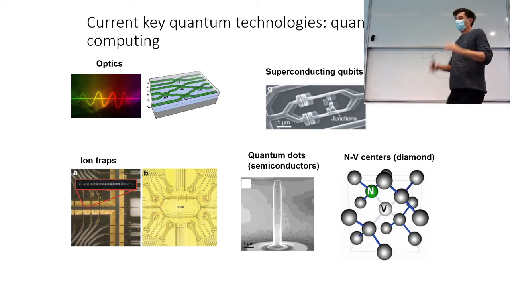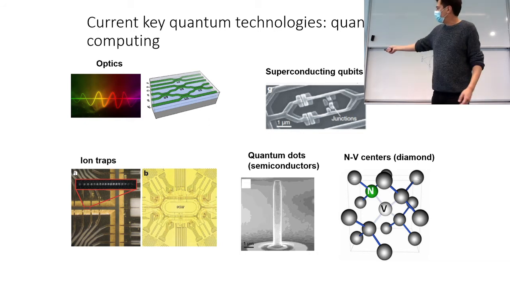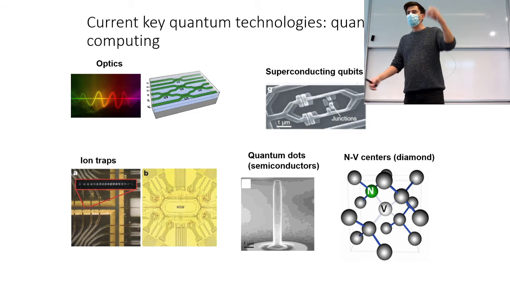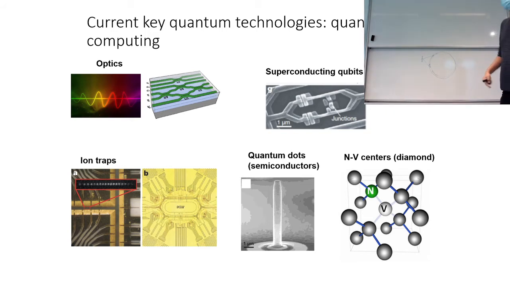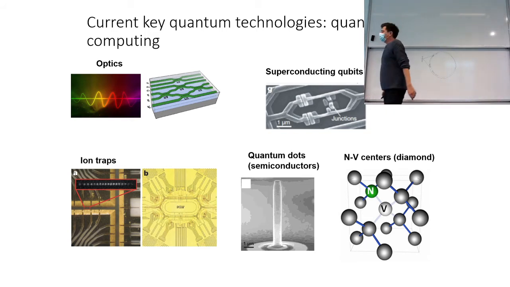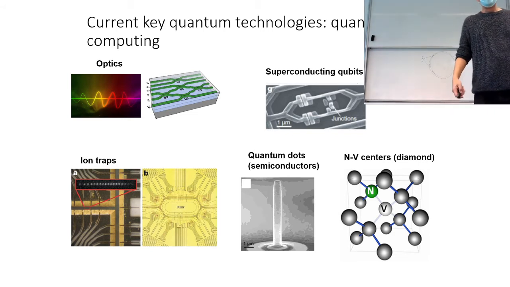And you put this whole thing in a vacuum, and then all these chips are just the kind of machinery to make them float in particular positions. And then you start shooting lasers at them, and then use them as qubits. So these are all pretty fancy ideas for technology, but